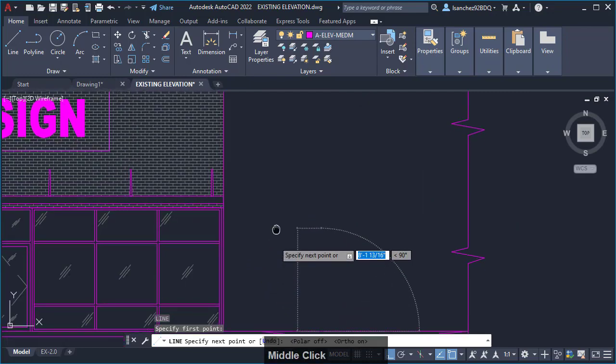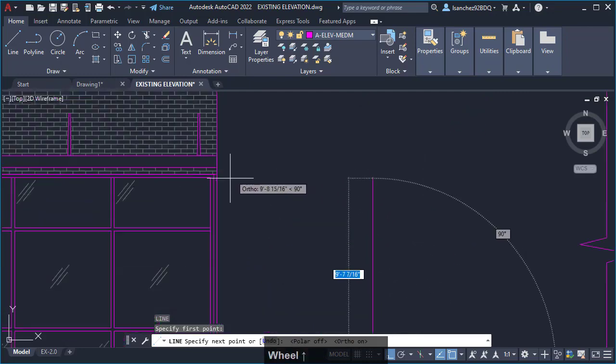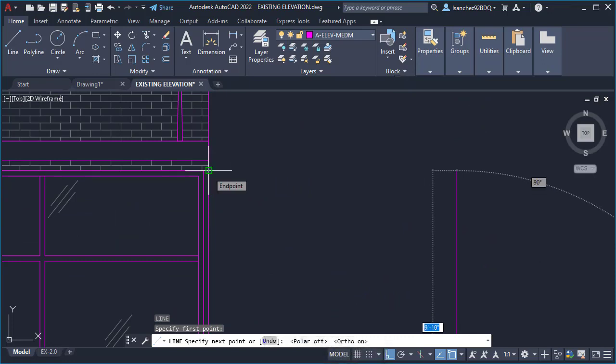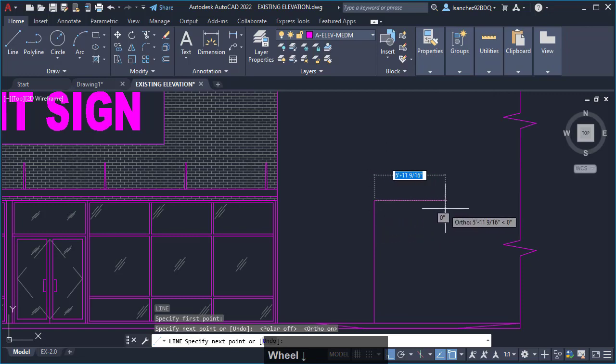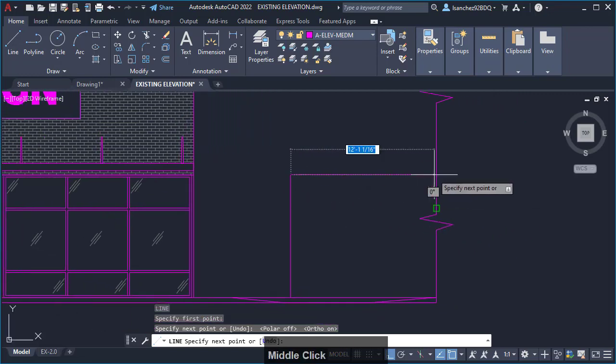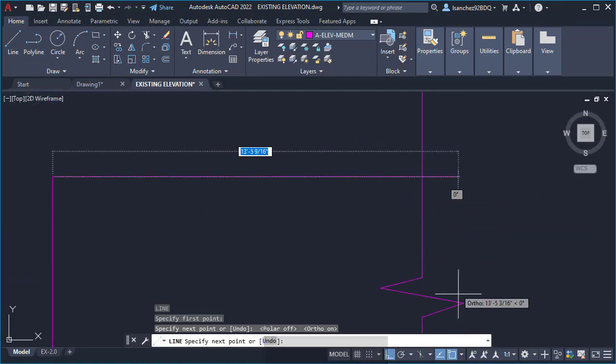So what I can do is hover over this till I see endpoint, and then I can move to the right like so. Once I see the little white X, that means the extension is working, so I can click anywhere in here. I'll click here,